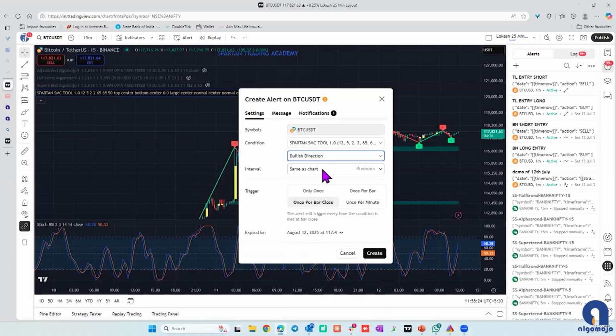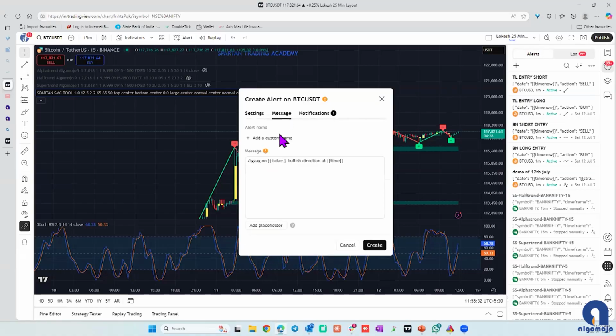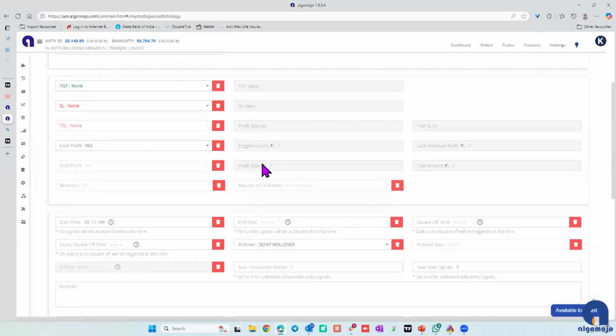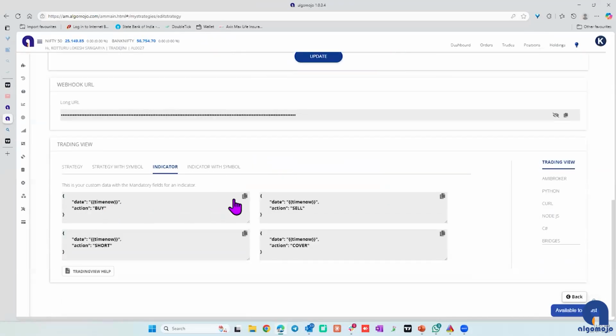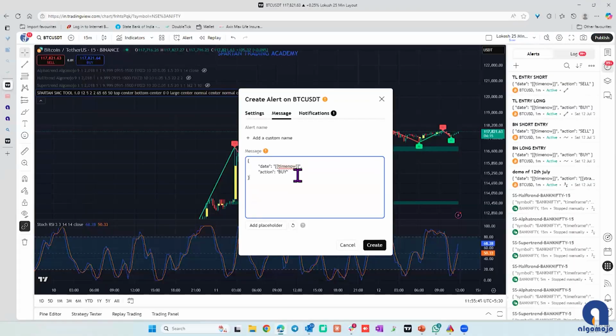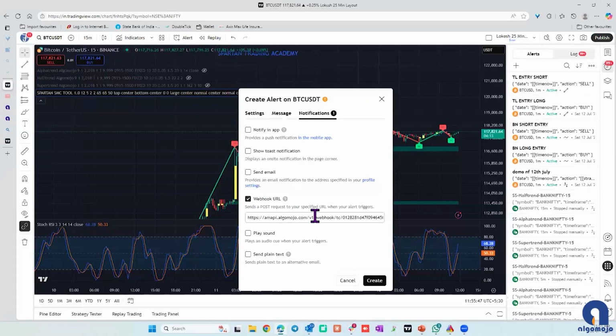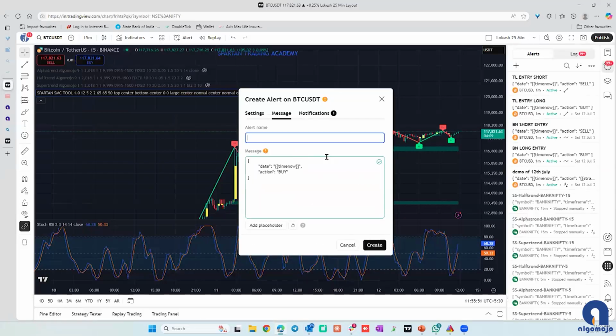When you want to take the entry, the interval is whatever time frame you want to trade in, say 1 minute, and if the bar closes there, then all you have to do is go to the message box and copy this message of the indicator. Under indicator, you have this buy. Go to this place and update the webhook URL with the strategy and say create, give a name, say